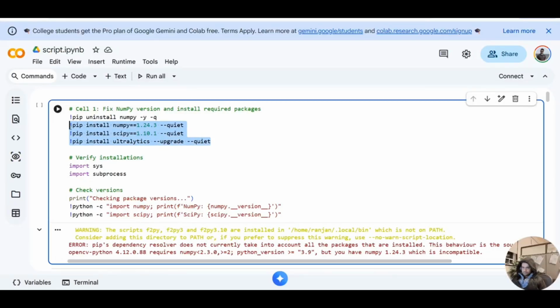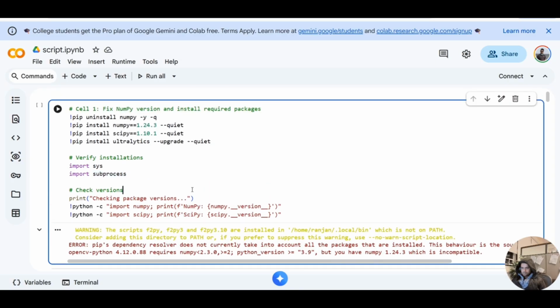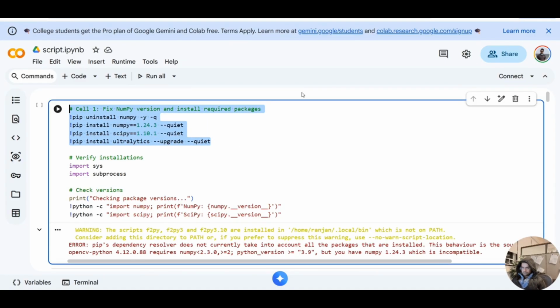In this first cell, we prepare a clean and stable Python environment before training YOLO26. This step is very important because deep learning frameworks are sensitive to library version mismatches. First, we uninstall NumPy using pip uninstall numpy. This removes any existing NumPy version that might conflict with other libraries. The -y flag automatically confirms the uninstall, and -q runs the command quietly. Next, we install a fixed NumPy version, specifically version